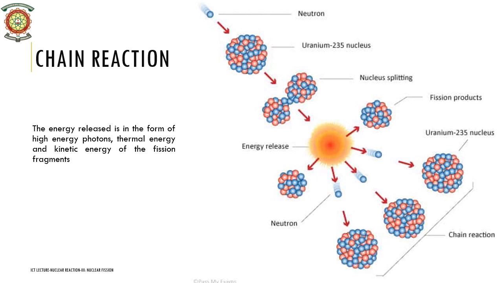If the loss of neutrons, that is those that do not cause fission for various reasons as explained in the next slide, is negligible, then the neutron number will increase in geometric progression. This will result in a large amount of energy released in a short interval of time. If the number of neutrons causing fission is controlled, then we can effectively control the reaction rate and hence the rate at which energy is released.